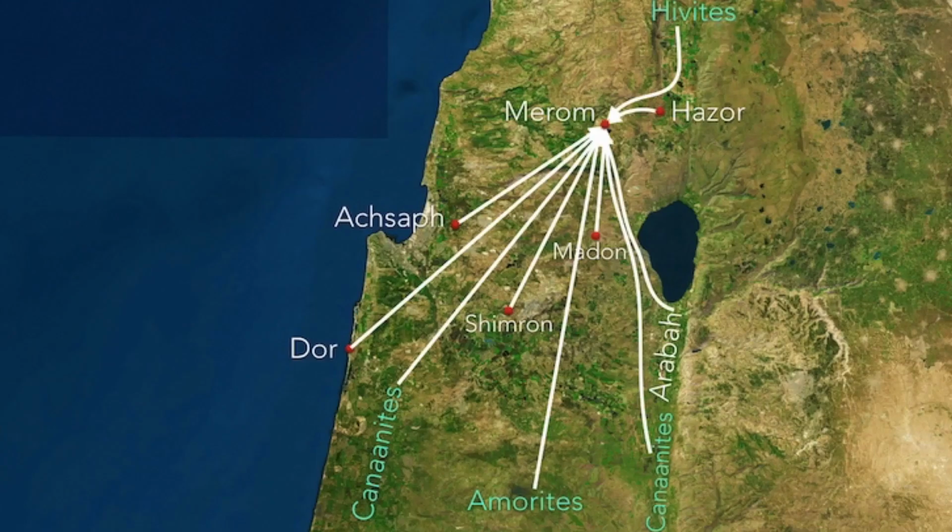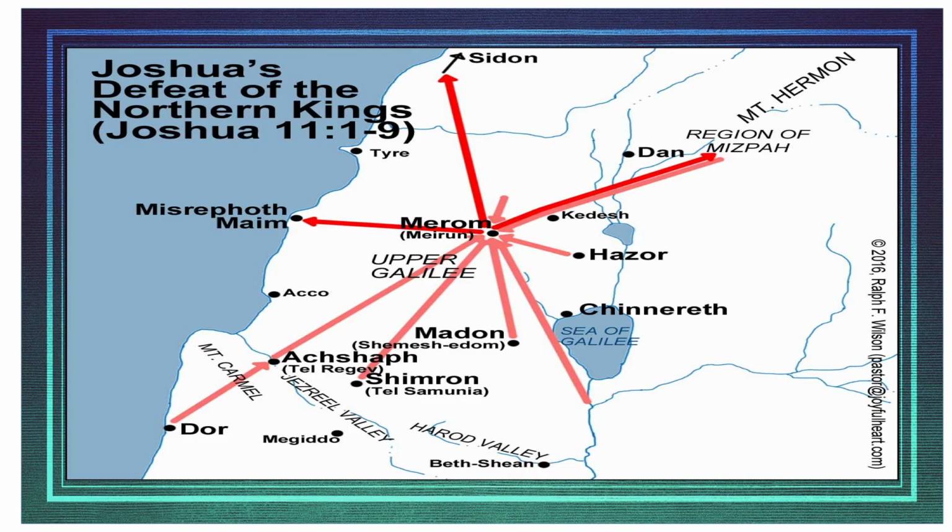The northern conquest, of course, you see the Sea of Galilee. Of course, the 5 kings we talk about all the time. We talk about them with the southern campaign, but here is that conquest around the Sea of Galilee. And once again, here are the northern kings. Joshua chapter 11, 1 through 9. We'll get into this further.